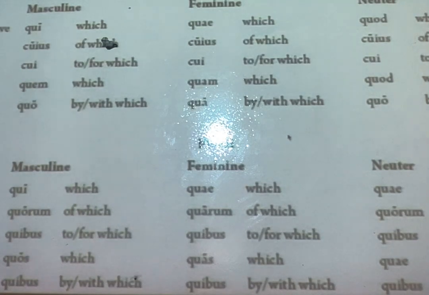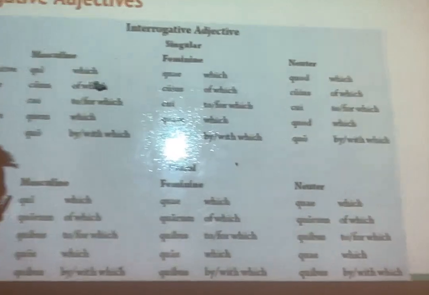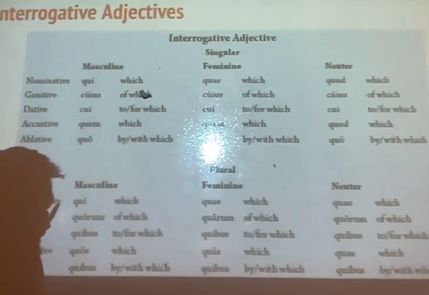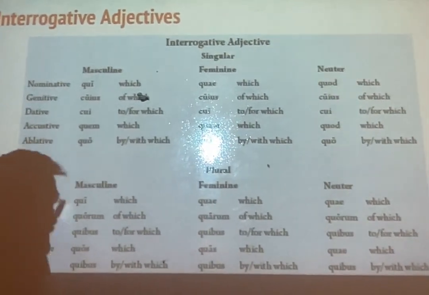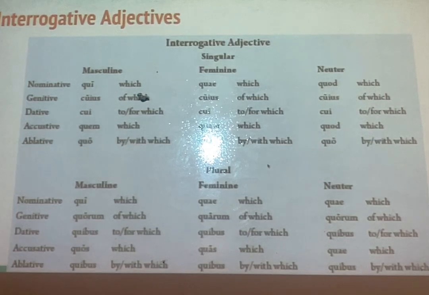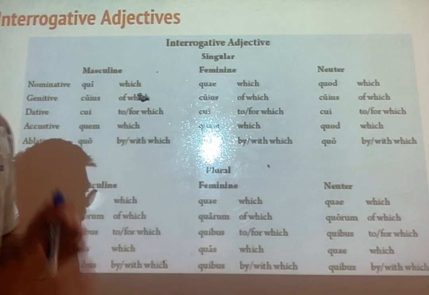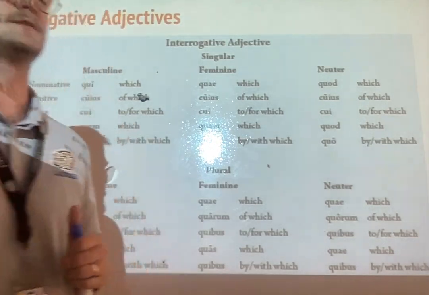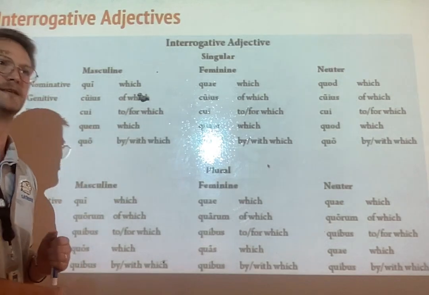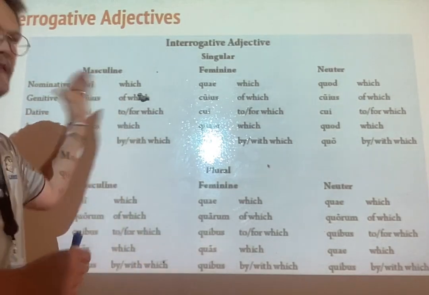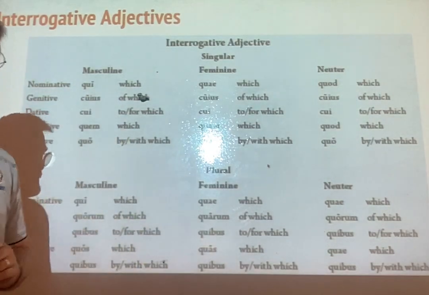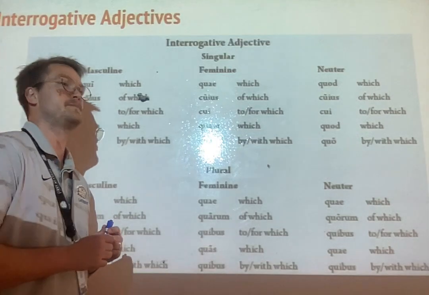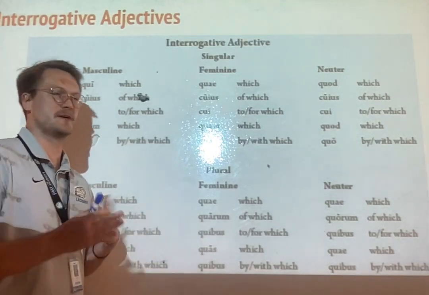In the Latin, do you notice anything different? Are the Latin things any different at all? No. What about the English? Yes, every single one of them means which. So this is an instance where relative pronouns, interrogative pronouns, can actually be used as interrogative adjectives. Once again, if they are interrogative adjectives, what will the sentence end in, punctuation-wise? Yeah, it's going to end in a question mark, so you'll know.